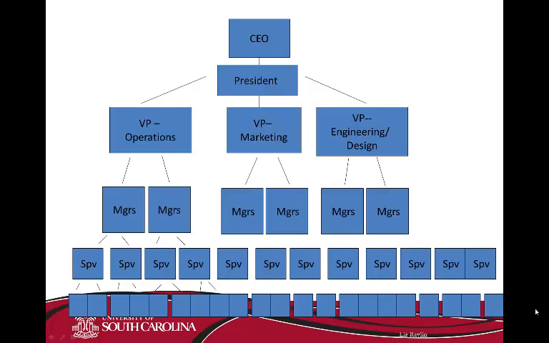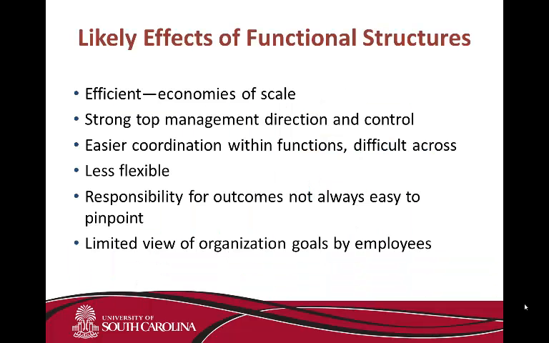And for the most part, if you look at the lines that I've drawn in there, they go up and down. So what happens in this kind of structure is that communication has to occur in a vertical way. Typically, it's going to occur in a vertical way. This is going to be a problem as we go forward with more complex environments, as you might easily guess.